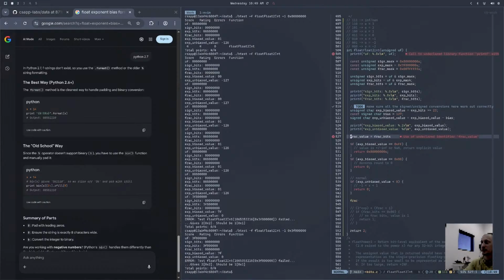We'll say norm frac value is equal to that, and with a constant where we put a 1 in front, which would be